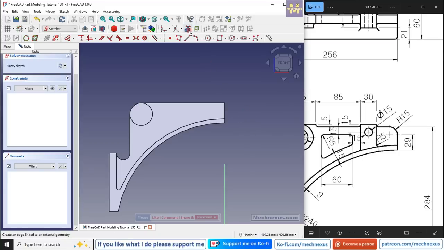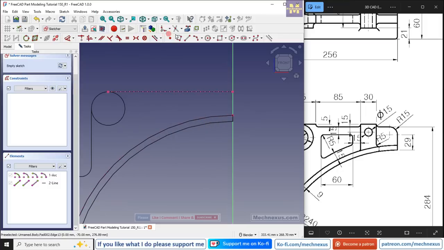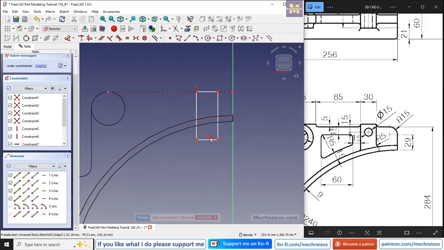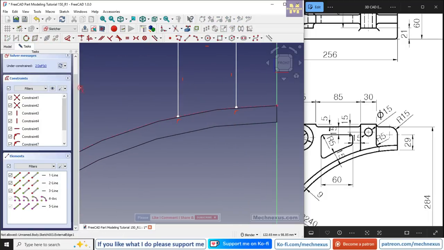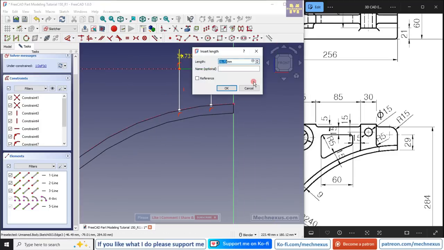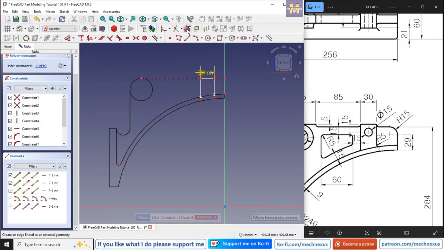Now we will click on project geometry and project this radius and this horizontal edge, and we will switch to the wireframe, and we will create a rectangle, and we will delete this line, and here we will use the trim tool, so trim the extra geometry. And now let's constrain the position, select a smart dimension, and provide this 30 mm, and we will also project this horizontal edge,